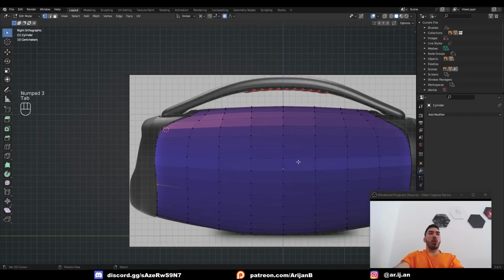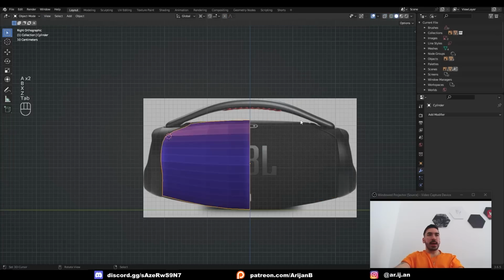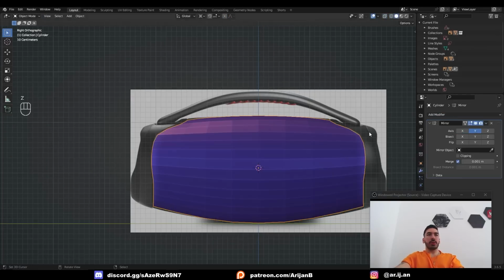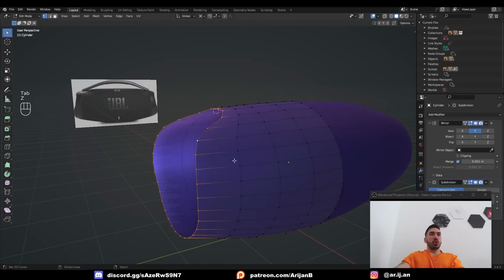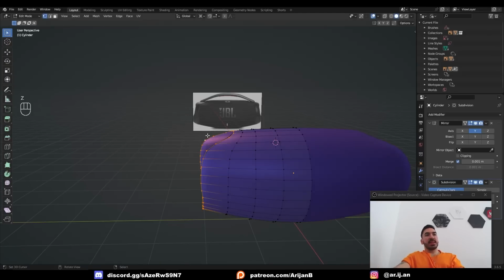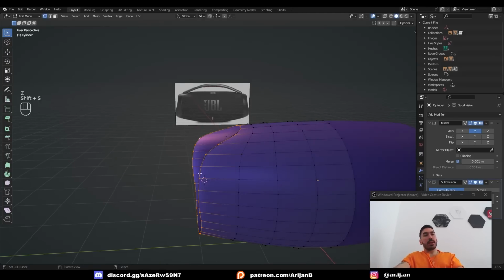Now once we got more or less the right shape, let's delete one side, and now we can bring out the mirror modifier again, and I'm also going to add some more subdivision to this just so it looks a little bit cooler while we're modeling. So here's what we're going to do next. I'll select this edge loop at the end here, Shift S to snap the 3D cursor to the middle of